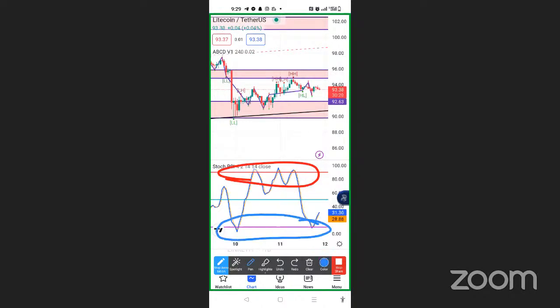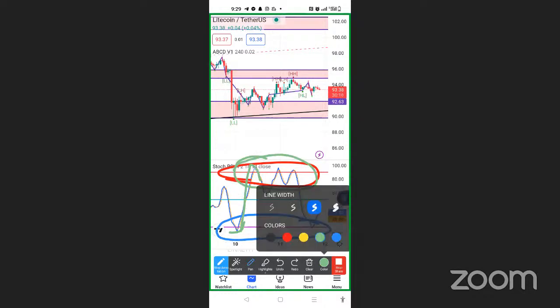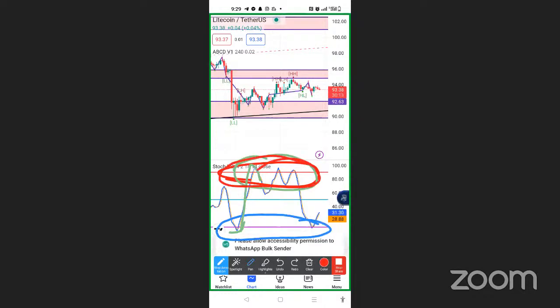The stochastic RSI moves from below, here at 10, up to 90. When it gets into the upper area that is in red, we understand that it signifies